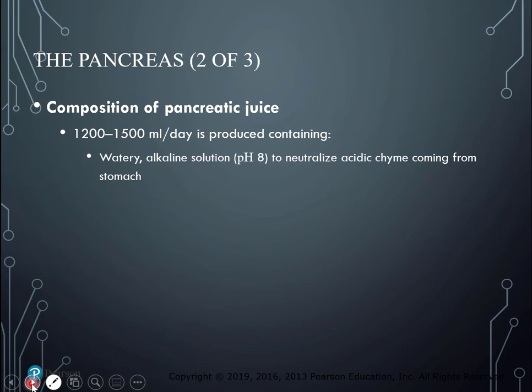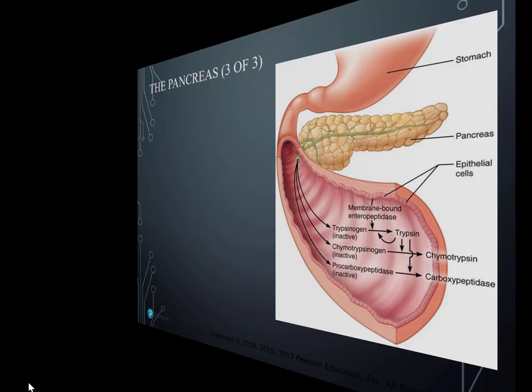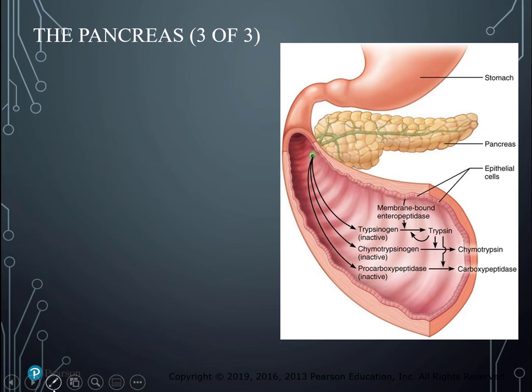It has a pH of 8, the purpose of which is to neutralize the acidic chyme coming from the stomach. It has electrolytes, bicarbonates, and digestive enzymes: proteases for digestion of proteins, amylase, lipases, nucleases, and pretty much